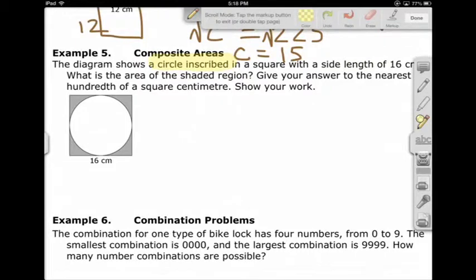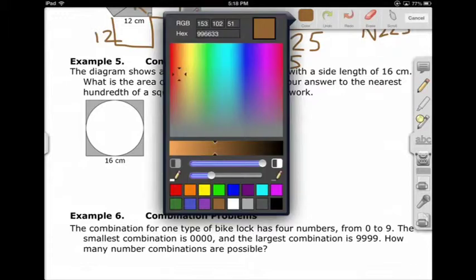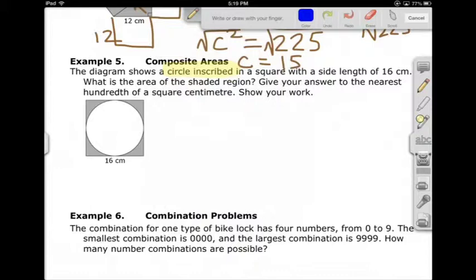And what's happening is the square has a side length of 16. Let's go back. Let's go blue this time. So we know that this is a 16 by 16 square. Well, one thing I know about circles, they're kind of like the spokes on the wheel of my bike. If that's 16, where's the middle of my bike wheel? Right about there. So this is definitely a radius of 8 centimeters on either side,